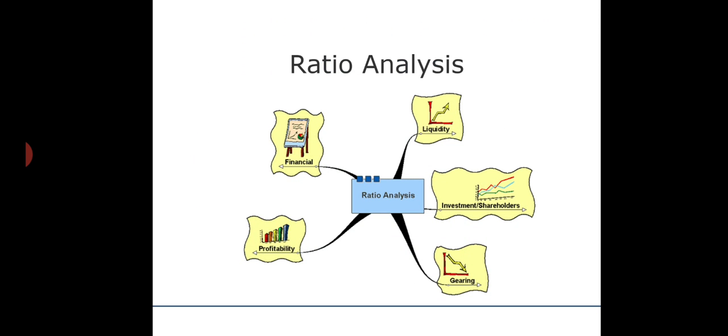Now, what are the types of ratio analysis? The first one is the financial ratio analysis, which includes liquidity, investment shareholders, gearing up, and profitability. Means with the help of that concept you can find out such types of ratio. Financial ratio means with the help of that financial ratio you can easily understand what is the financial soundness of the particular financial institute. द प्रॉफिटेबिलिटी रेशो मीन्स वर्षभरामध्ये तुम्ही जे काही ग्रॉस प्रॉफिट तुमचा रेशो किती आहे, नेट प्रॉफिट रेशो किती आहे. Next one is the liquidity.